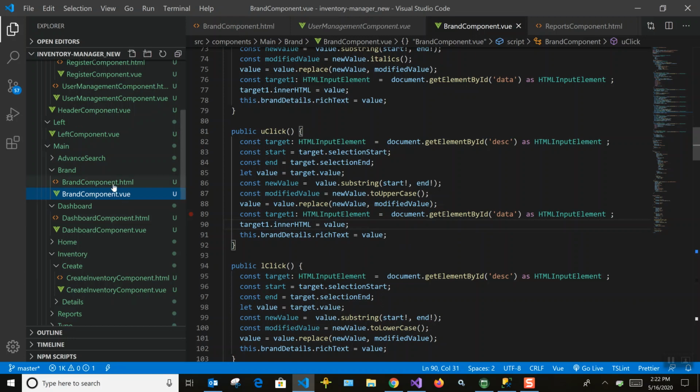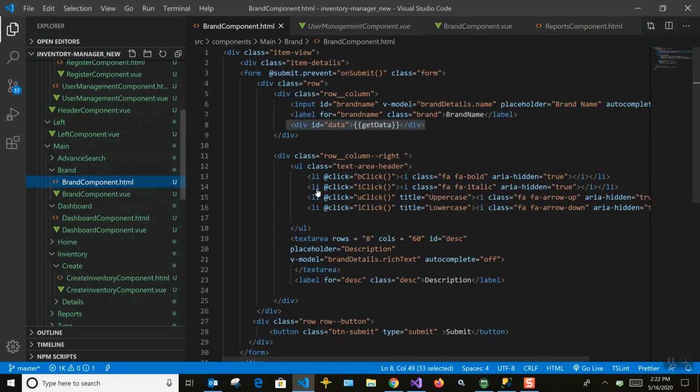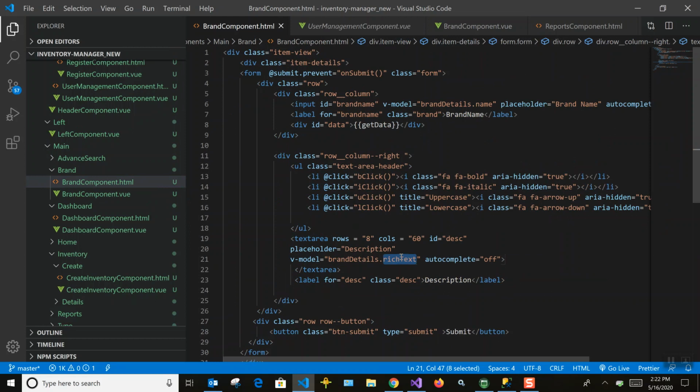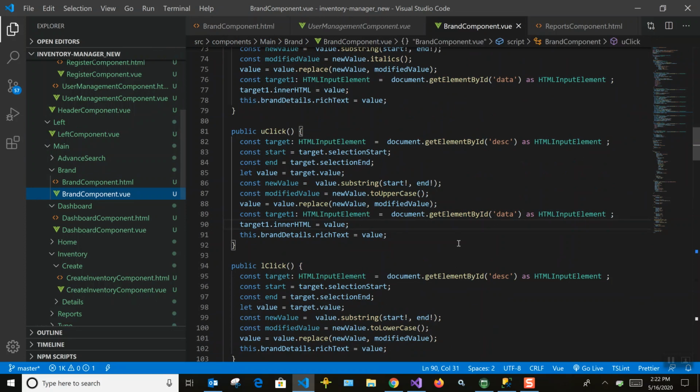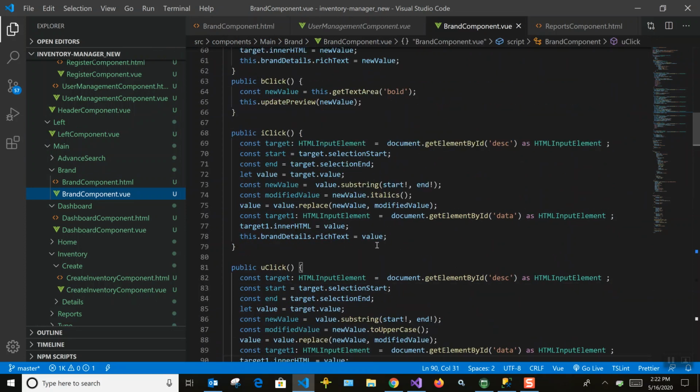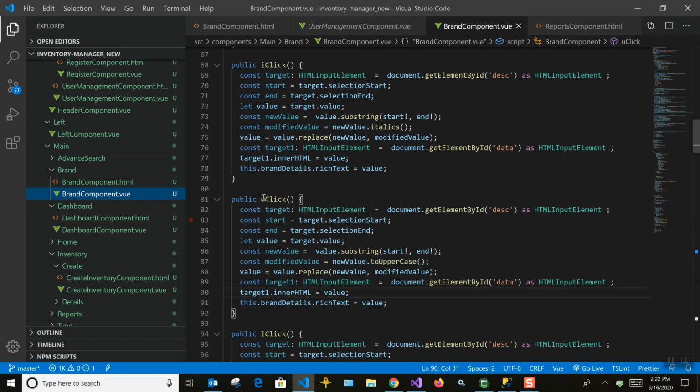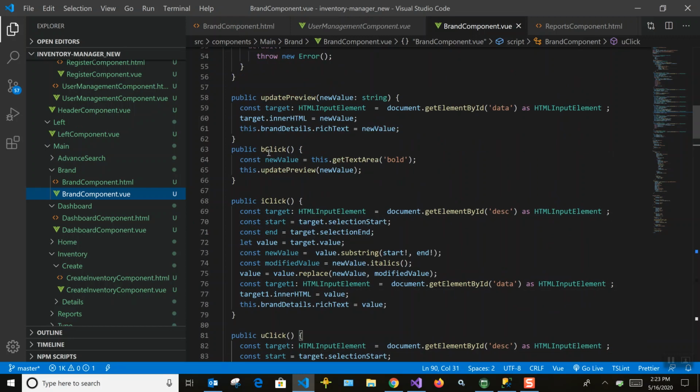In the HTML part, we have bound the rich text model, so whatever the user enters there will be dynamically updated here. That version was not an optimized version. If you want to click italics, or make it lowercase, or make it bold, the steps you need to follow are the same, right?